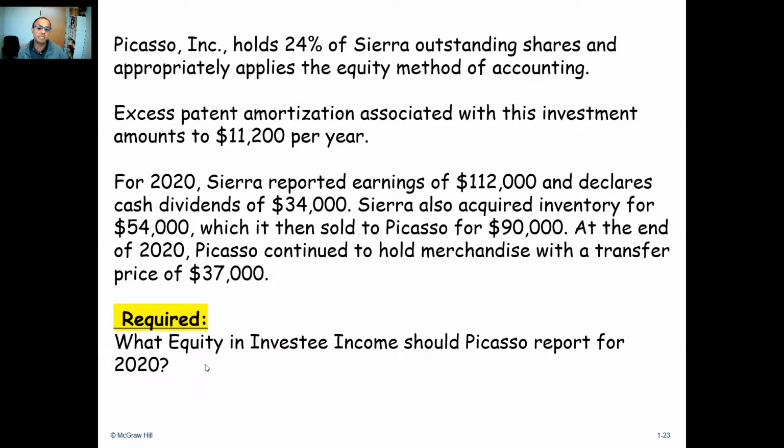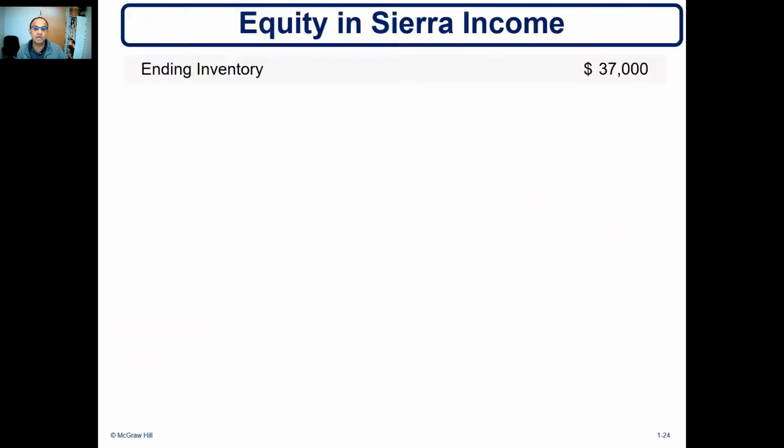Now we need to know the equity in investee income, and consequently, we need to know how we calculate this difference. So here we start with the ending inventory, which is 37, and then the gross profit in this 37, how do we get it? If you remember, the selling price by Sierra was 90. The cost price by Sierra is 54. The difference between them is gross profit. We divide it by the selling price, we get 40%. So the profit in the ending inventory is